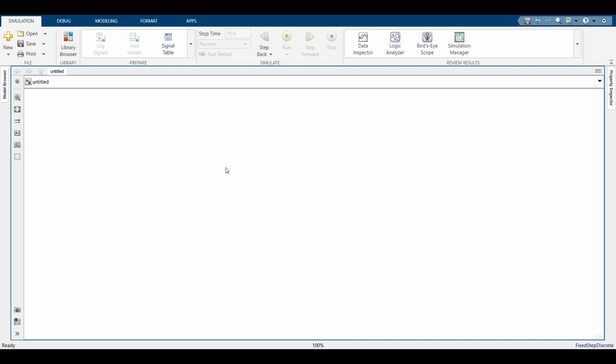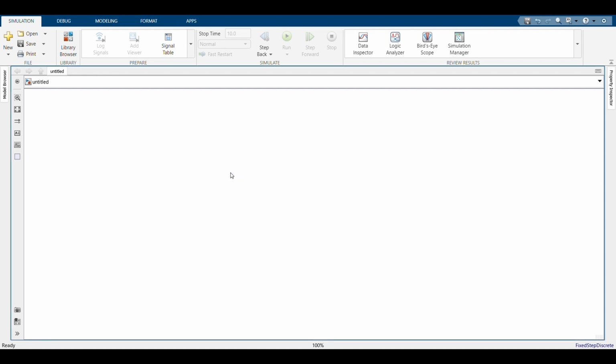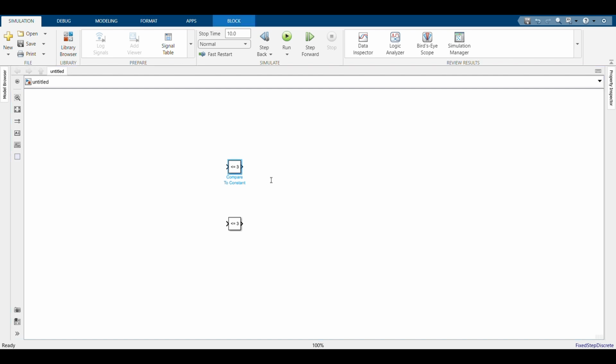By double clicking, we can add the compare to constant block. We want two values, one for the upper limit and the second for the lower limit. So we can simply copy and paste for the other. The first block is for the upper limit, so we are saturating the upper limit to